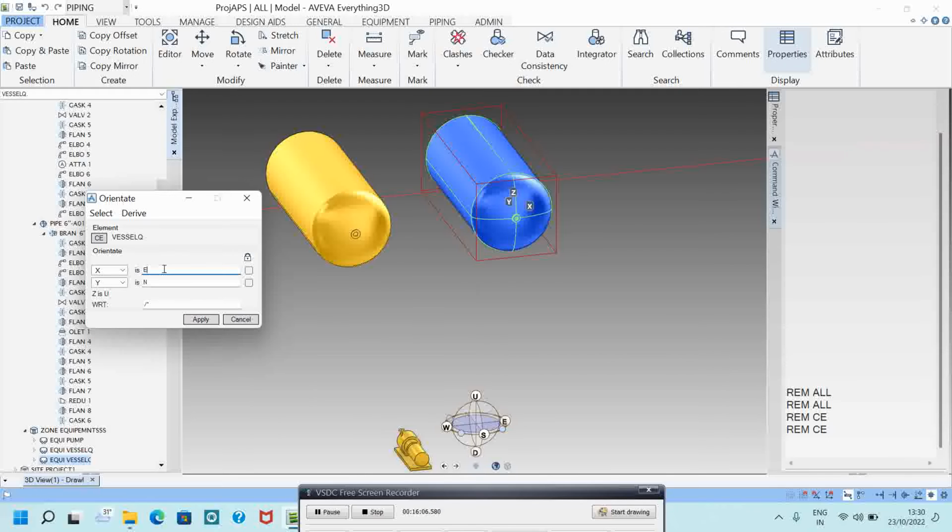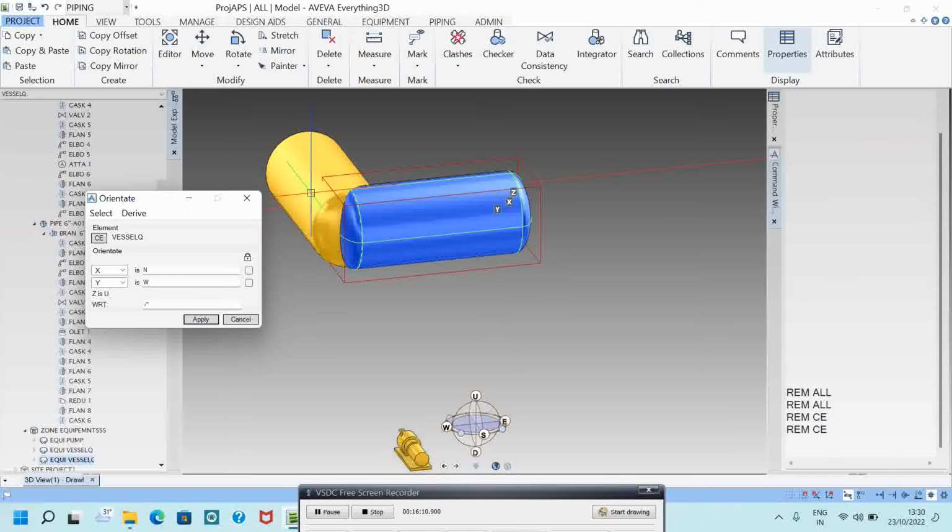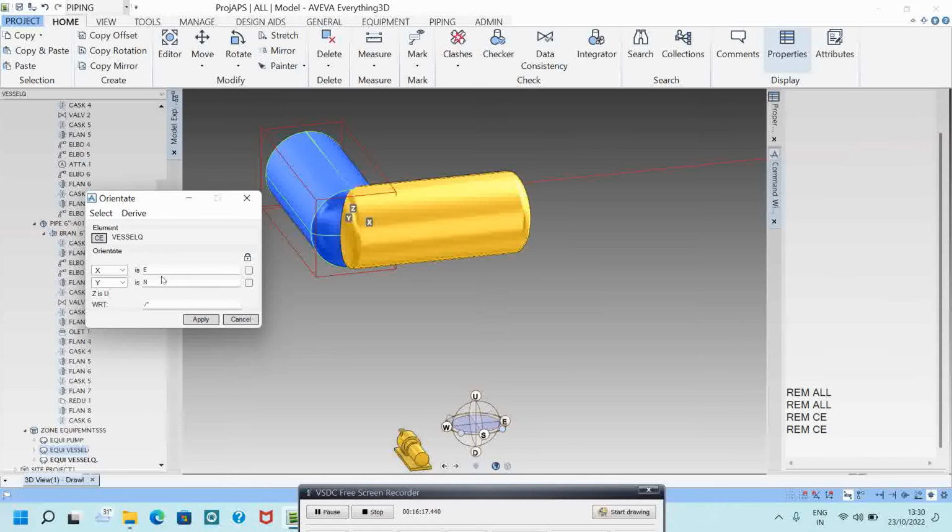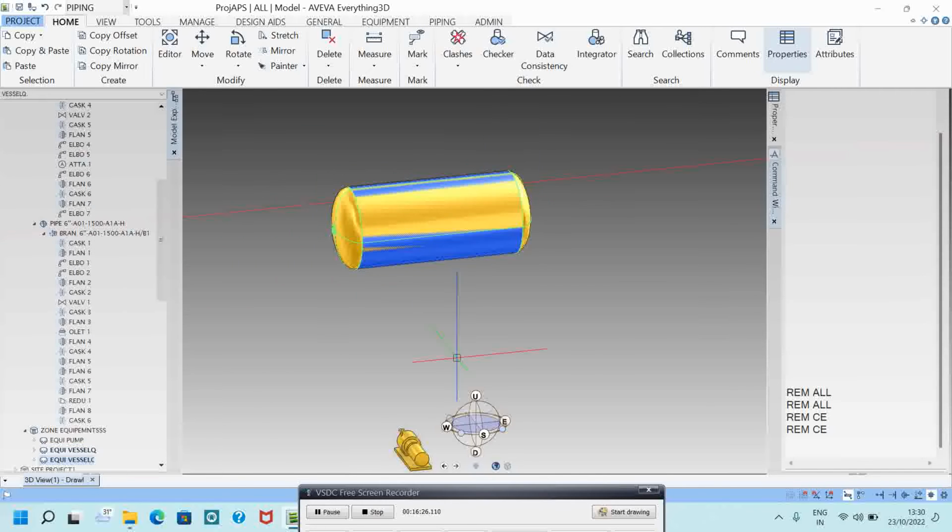What I do is north, apply. When I click C, put south, apply. Okay, so I will move this one